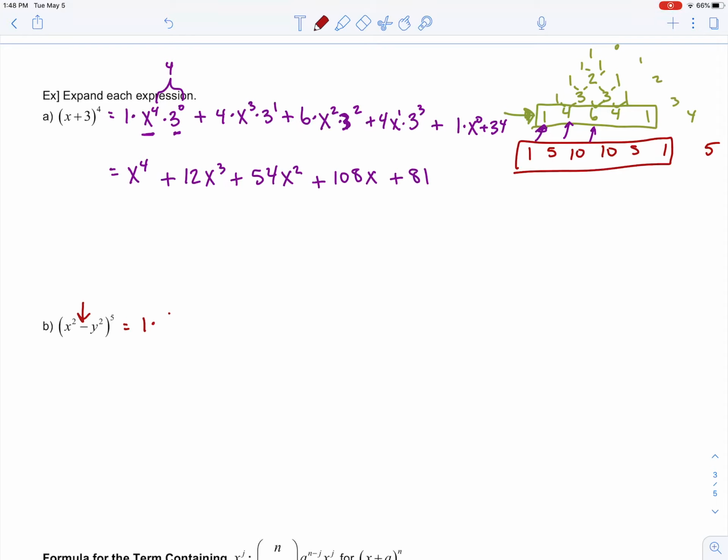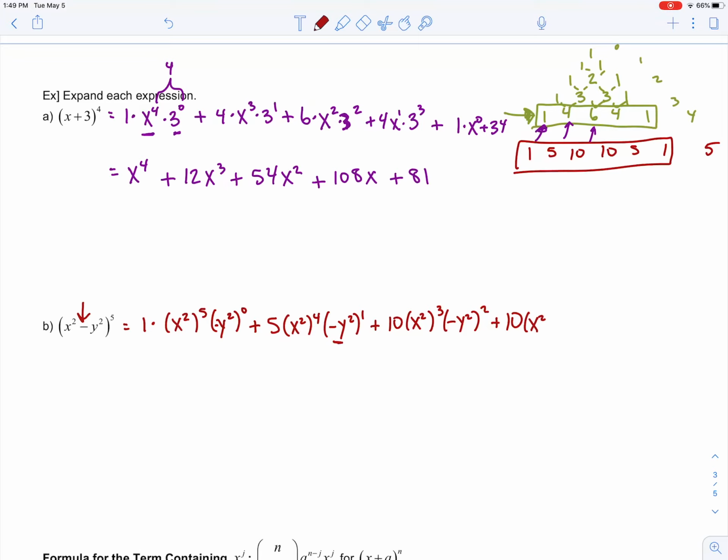So I have 1 times x squared to the fifth times negative y squared to the 0. Don't forget the sign. The sign will help you to determine the sign of each term as you simplify this. Plus 5 times x squared to the fourth times negative y squared to the first. You can already see this term will be a negative term. Negative y squared to the first power is negative, so that's going to be the first negative term of our polynomial. Plus 10 times x squared cubed times negative y squared squared,